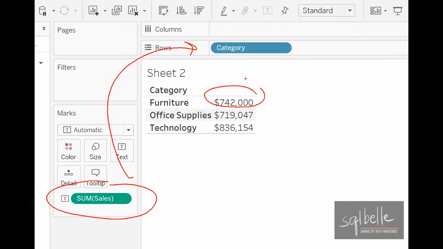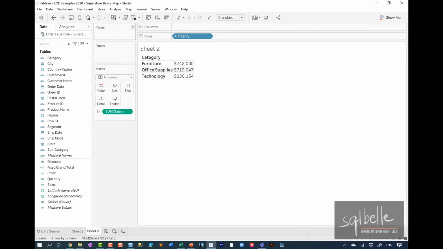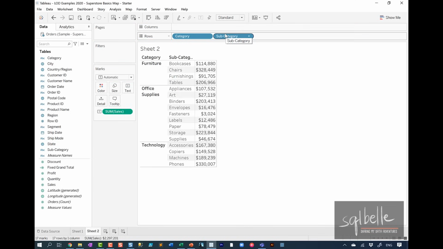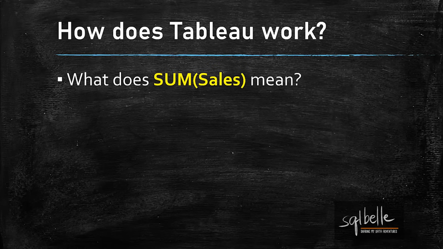742,000 is a number that represents furniture, which is a value in category. The more we add dimensions, the more granular the number becomes. So for example, if we drag over subcategory, again, those numbers change. The sum of sales, the actual pill, we haven't changed it, but the number that gets displayed has a different meaning now. Right now, sum of sales is at the level of subcategory and category. This is now a subtotal. It's a more granular subtotal. So now that we understand how level of detail works in Tableau natively,